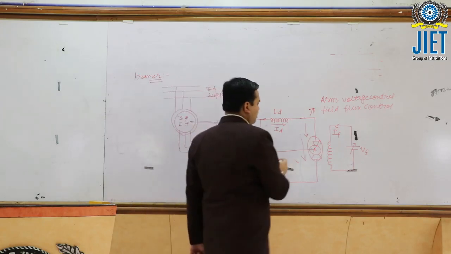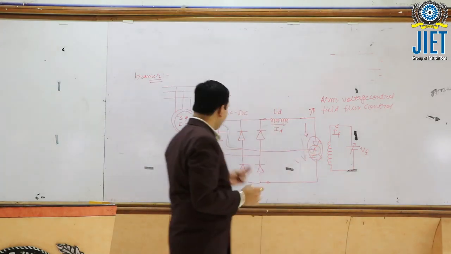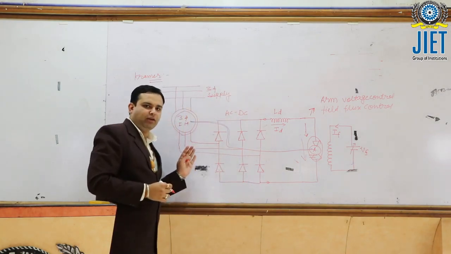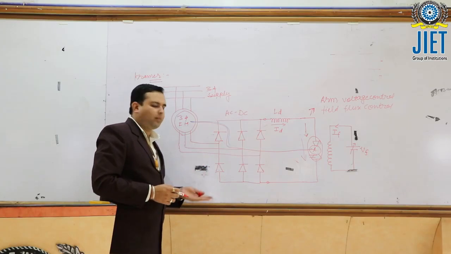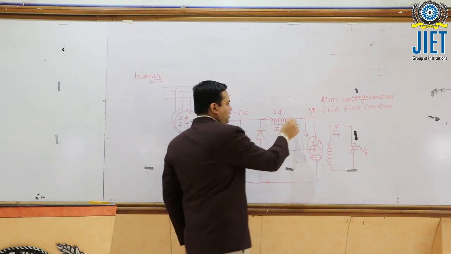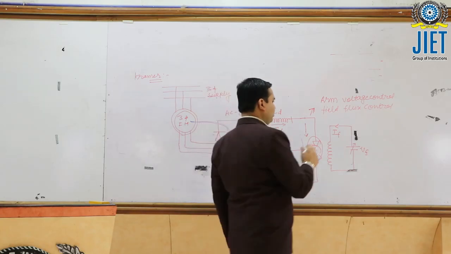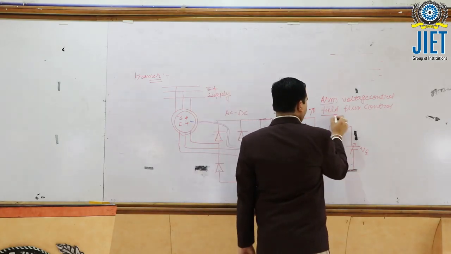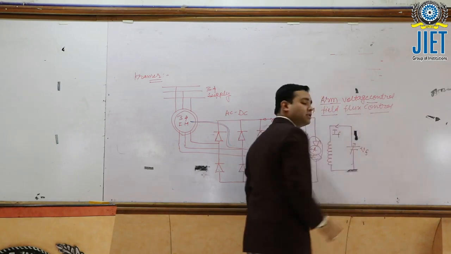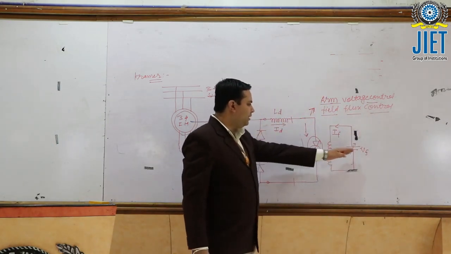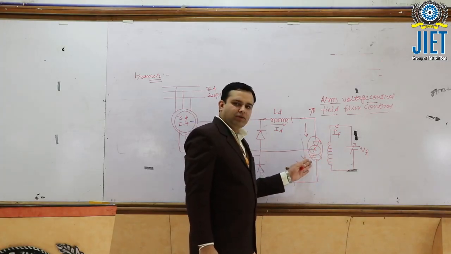So by controlling the speed of this armature, we can control the induction motor speed. Ultimately, the energy is not wasted and the slip power is recovered. So we have two methods to control the speed of the DC machine. The first one is the armature voltage control method, and the second one is the field flux control method. A variable supply is given to the field side of the DC motor. This is the armature side.